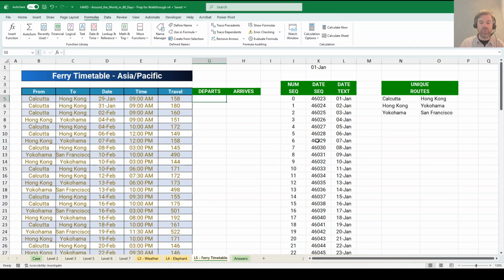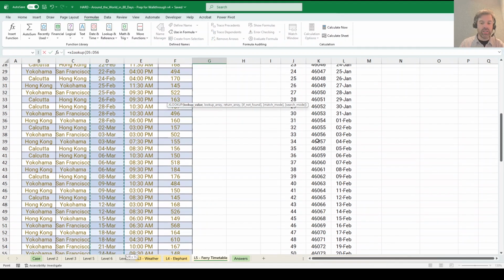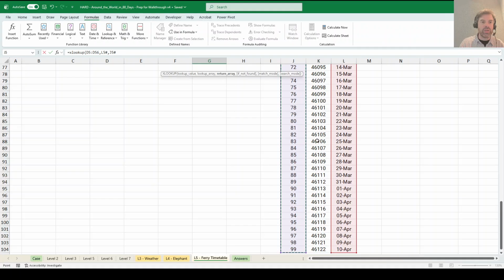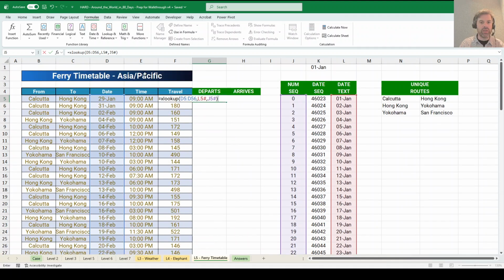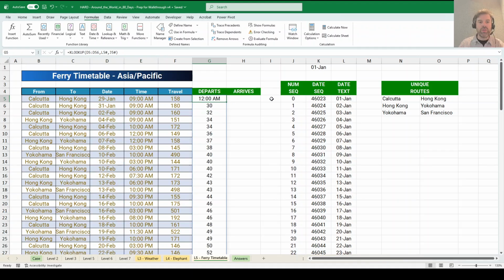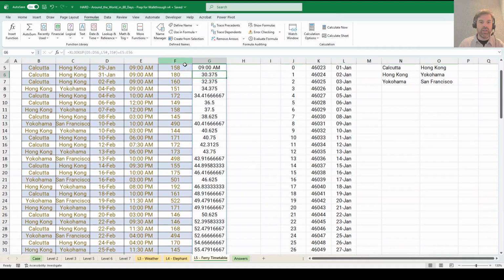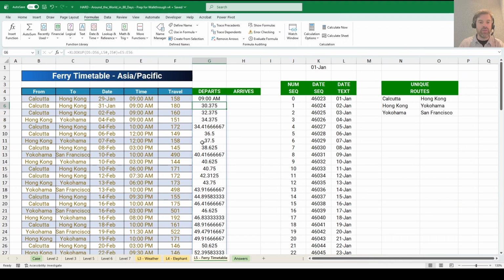So what we can say is we want the departure time. So let's look up the date in this range over here and return this number. Again, something's gone wrong with my XLOOKUP. Oh no, it's fine. What is day 1 in the program is actually day 0 for us, because 0 days have completed at that time. We then want to add to this the time, and that gives us all of the departures in decimal times. Our arrival is simply going to be our departure time plus the travel time,